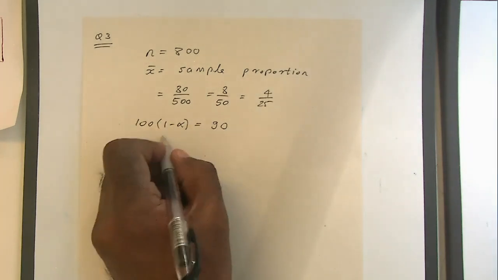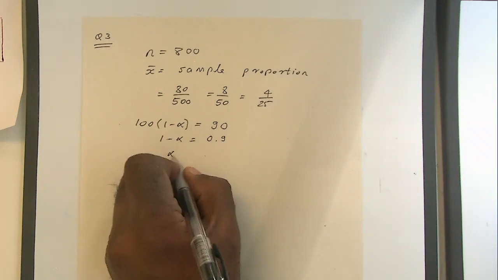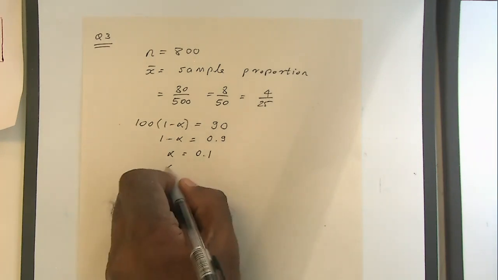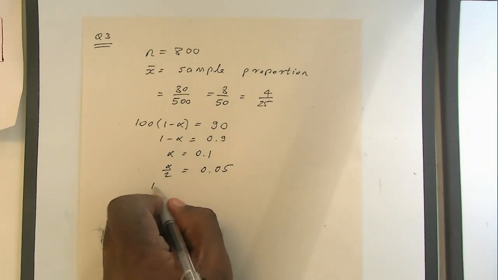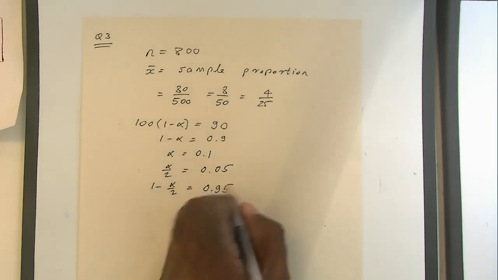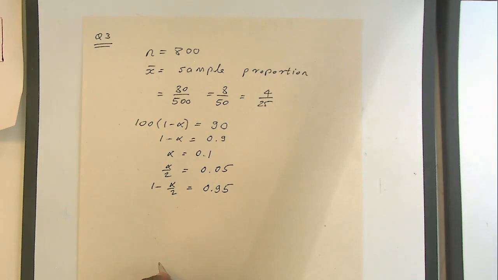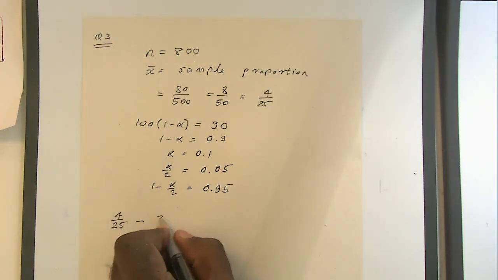Right? So 1 minus alpha is 0.9, alpha is 0.1, alpha by 2 is 0.05, 1 minus alpha by 2 is 0.95. Okay? So the confidence interval you want is x bar, which is 4 by 25, minus